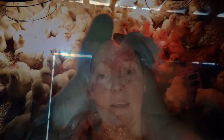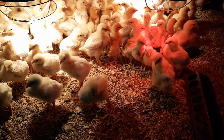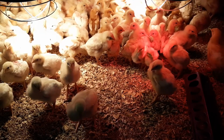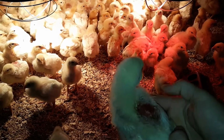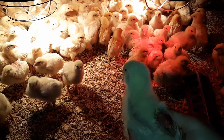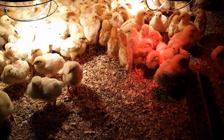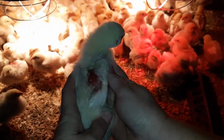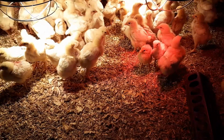So I'm going to flip this camera around and show you what's going on with some of the birds. This chick's not going to like me touching it. Okay, come here. Come here, you. Chill out. Calm down, calm down. And show you what's going on. So they are pecking each other, and I know that you can see that, but it's not a really super great shot. Okay, there's about 8 of them that look like this, and